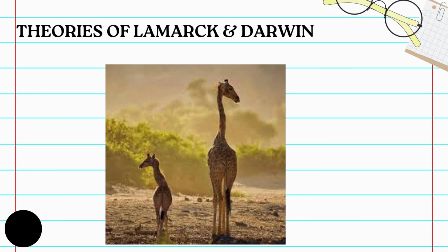Because of that, their necks got stretched. So now when they're having babies, they're giving birth to babies that have long necks, because they have acquired this trait of a long neck, and now they're passing it on. And when they give birth, they give birth to babies that already have long necks. But then Charles Darwin's theory is that there were giraffes that had long necks, because